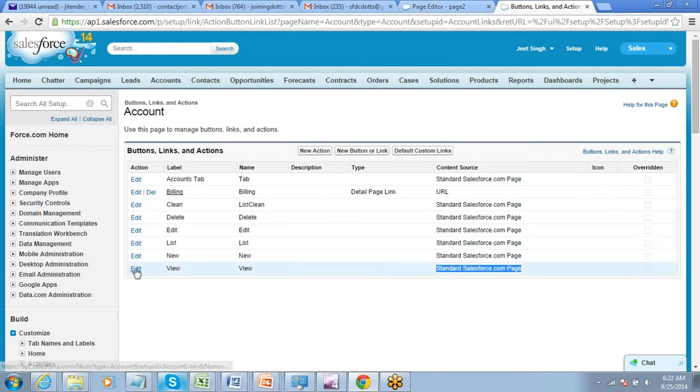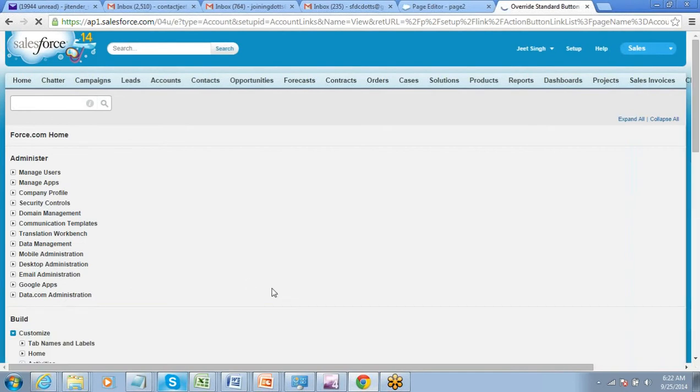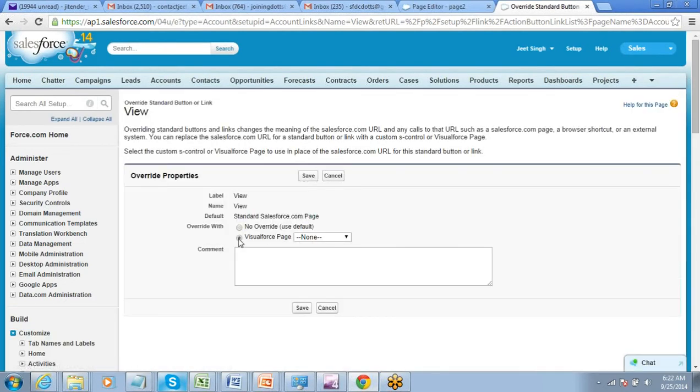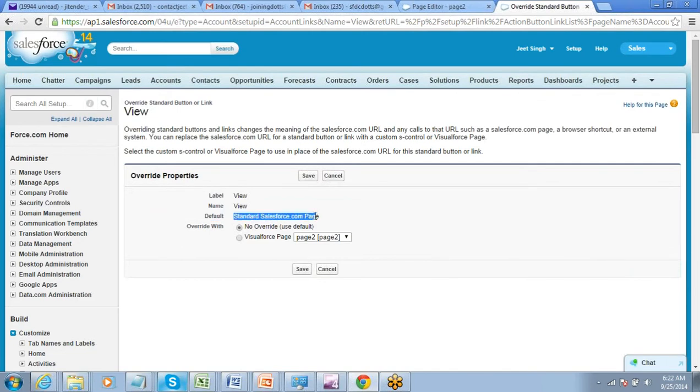Click on edit and change the source. Make it a Visualforce page and select which Visualforce page, page 2.